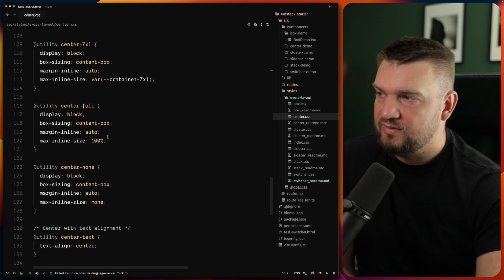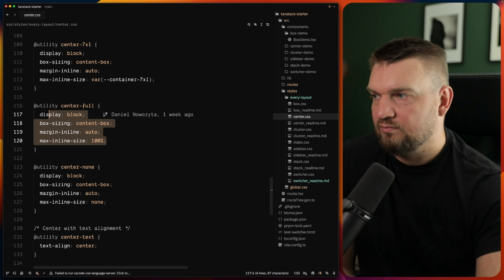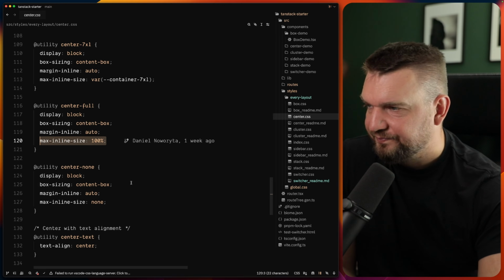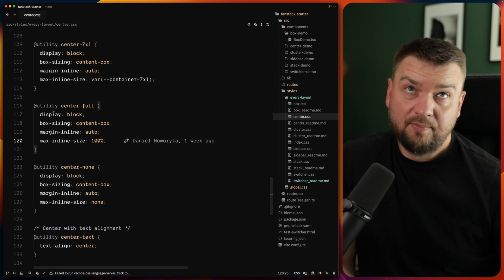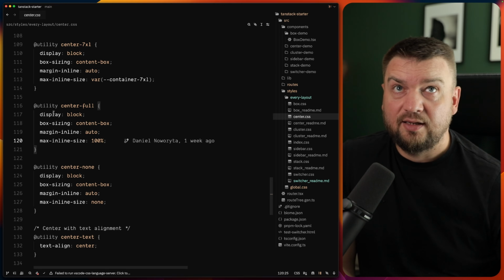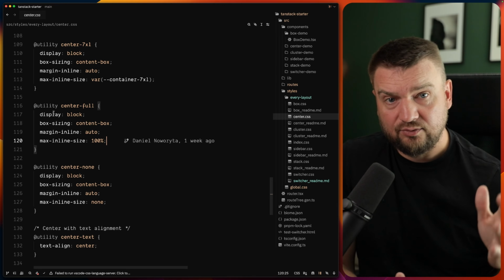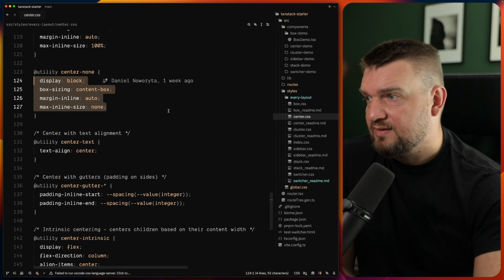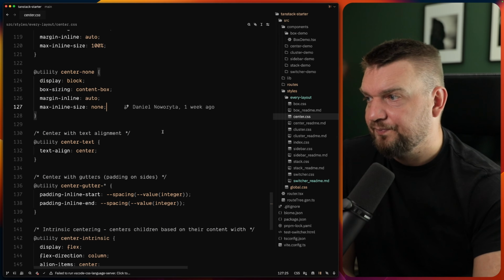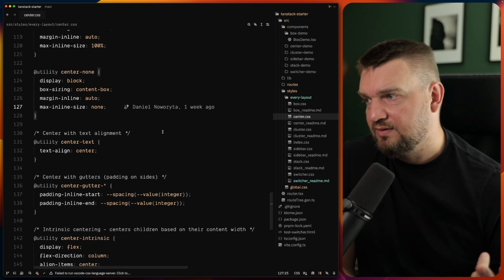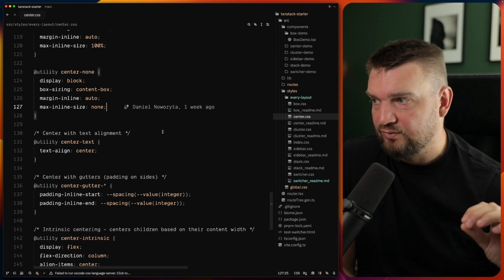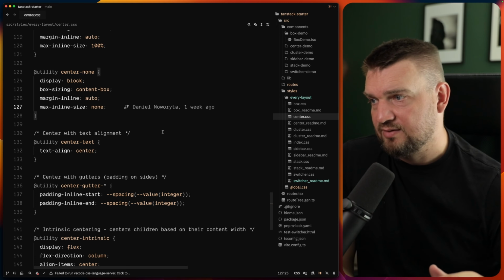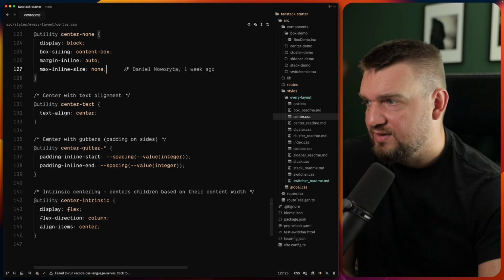Like center full, where I'm using center and setting max inline size to 100%. This is really useful if you have paddings which are dynamic on both sides and you would like to center your content in the middle. Center none is max inline size none, and center with text alignment is a little bit different because we have to set text align center also to center our text within the center block. So this one is also